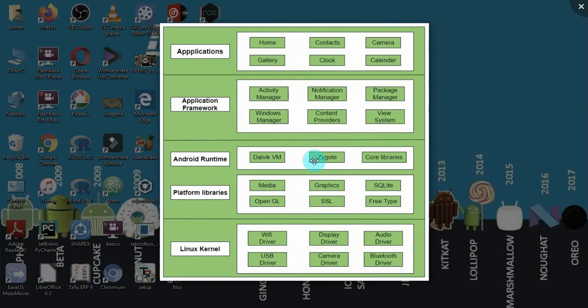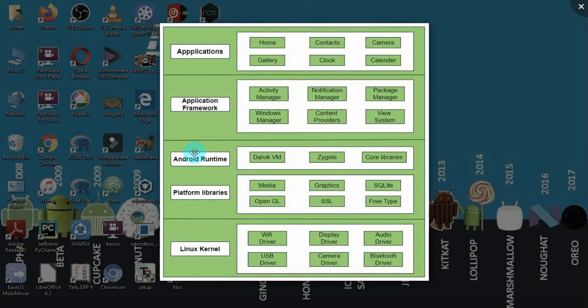Whenever you run, if the activity has to load, if the demo file which you created has to load, you need a virtual machine and library functions. You might have seen in the hello world example that a lot of library functions are there, and we need a virtual machine. So this provides the base for the application framework, that is the Android runtime.